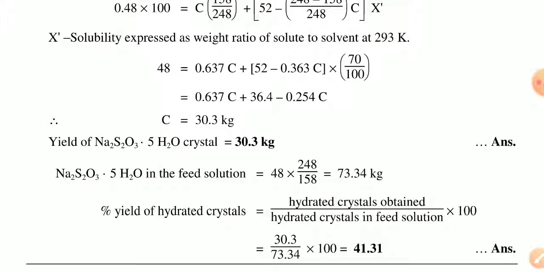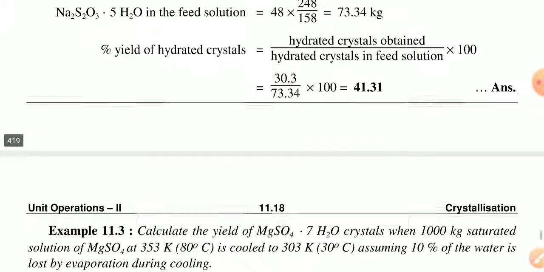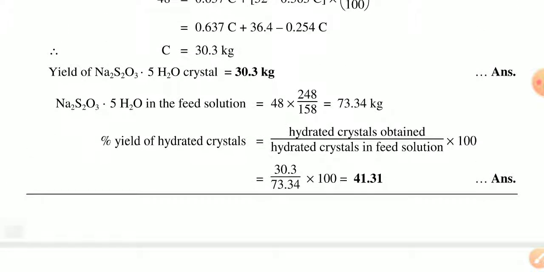minus 0.254 C. So C is equal to 30.3 kg. The yield of Na2S2O3·5H2O crystals is 30.3 kg. Now find out the hydrated crystals in the feed solution, which is 48 multiplied by 248 by 158, equal to